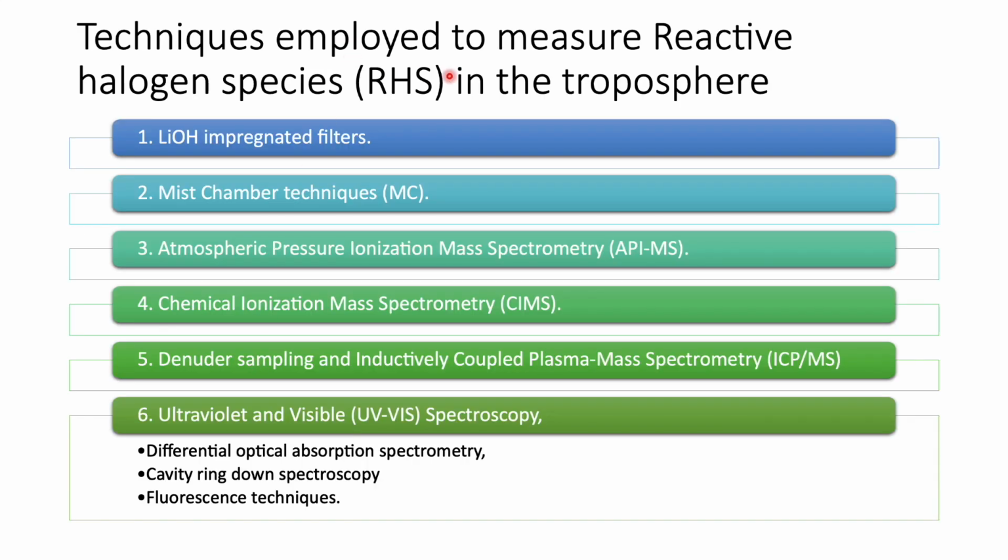So what are the different techniques employed to measure the reactive halogen species in the troposphere? One is lithium hydroxide impregnated filters. The second one is mist chamber techniques. Third is atmospheric pressure ionization mass spectroscopy. We will be just looking at some of the methods. Chemical ionization mass spectroscopy, denuder sampling, and inductively coupled plasma mass spectrometry, that is ICP-MS. Then we can also use ultraviolet and UV-vis spectroscopy. So here differential optical absorption spectrometry, cavity ring down spectroscopy, and fluorescence techniques are the methods which use UV and